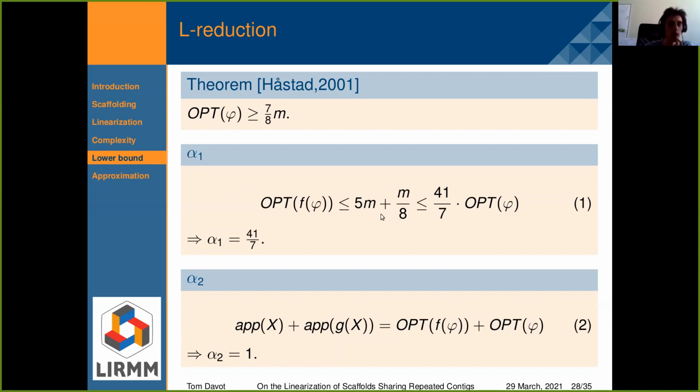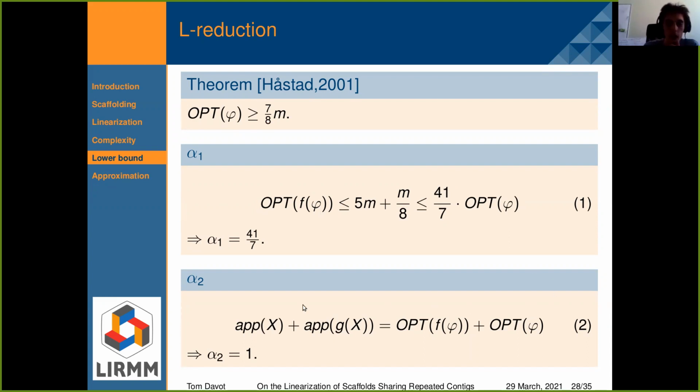And by doing that, we can find that the optimal solution of max 3SAT is greater than or equal to the optimal solution in the construction with alpha 1 equal to 41 on 7.